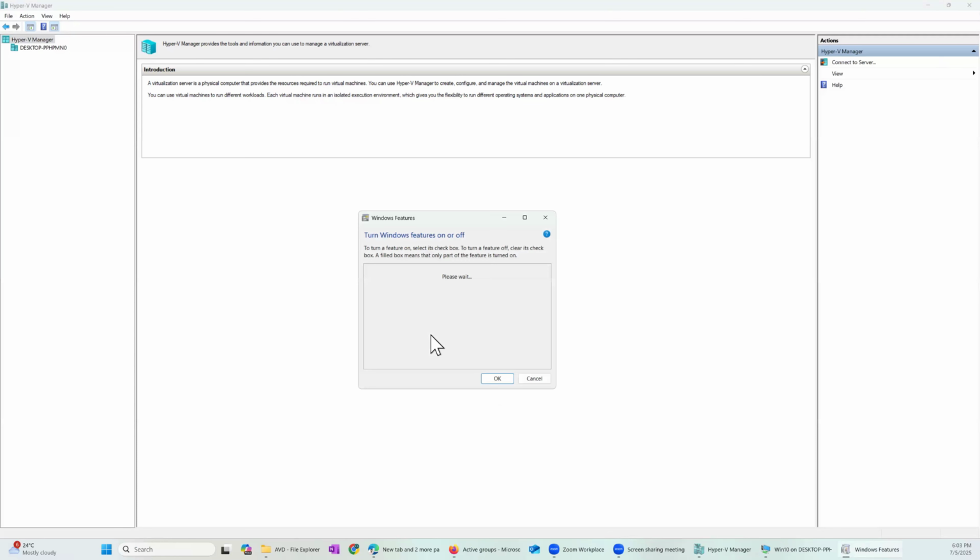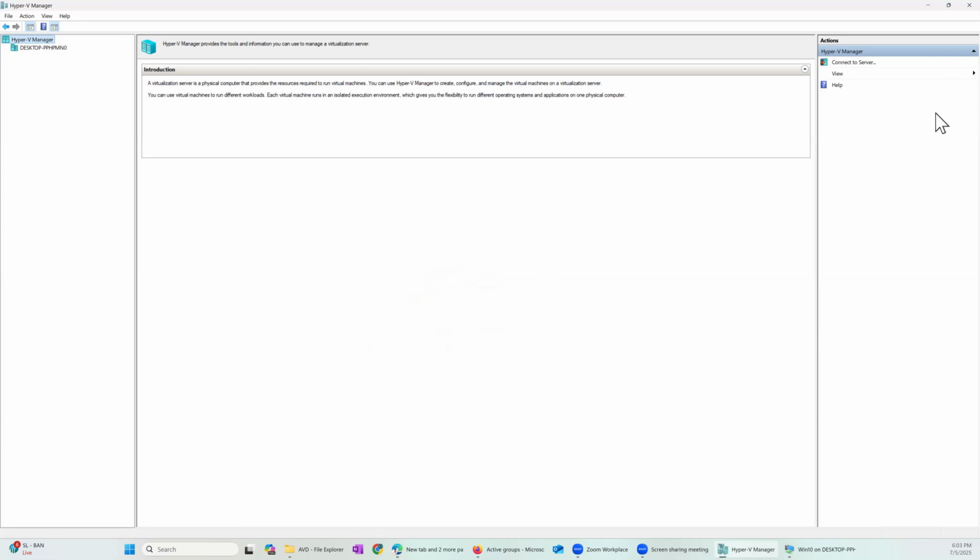Do you have this enabled like this? Can you check? Click on this, Turn Windows features on or off. Yes, I can see. It's enabled. Yes, they are enabled like this. Okay. Then